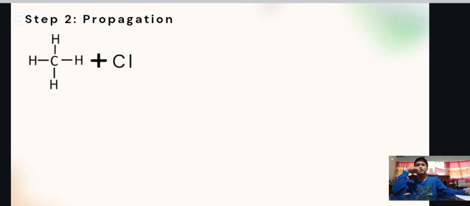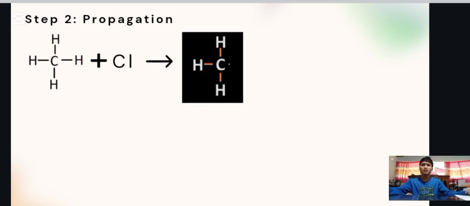Say we have a molecule of methane that comes into contact with our chlorine radical. The chlorine radical is so reactive that it's going to attack one of the hydrogen atoms from the methane. As a result, we now get a methyl radical, which has carbon bound to three hydrogen atoms and that lone electron sitting as a radical on carbon. The hydrogen atom that was attacked by chlorine now forms a stable bond with the chlorine.